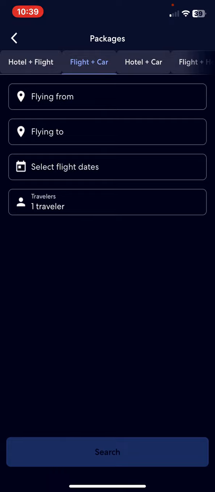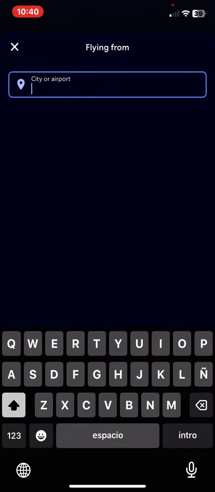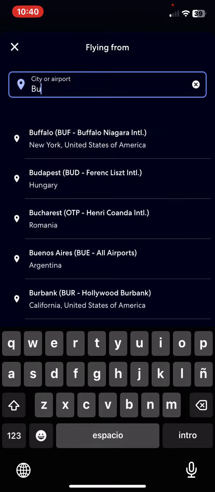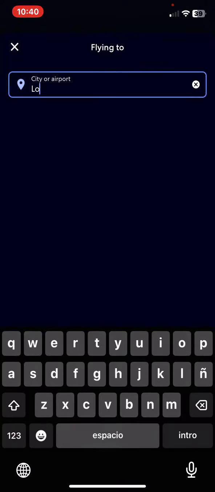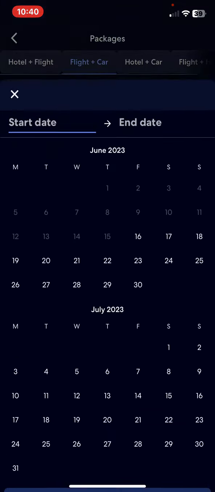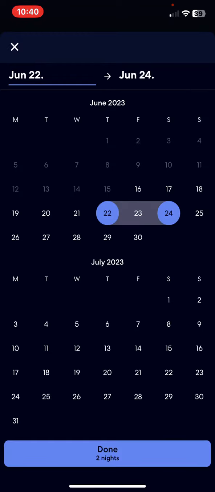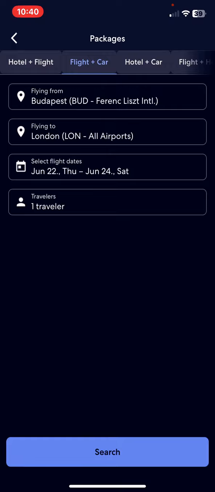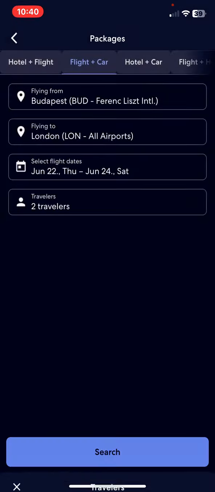And then just select the departure airport or city. And then the destination, and then you have to select the flight dates, so the end and the start, and then you have to set the number of travelers, and then just click on the search bar,